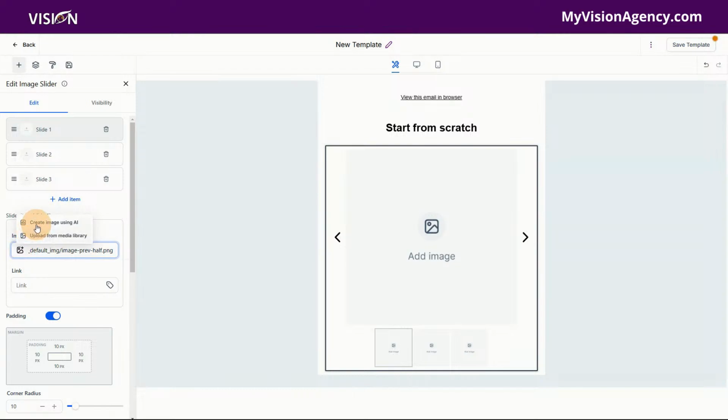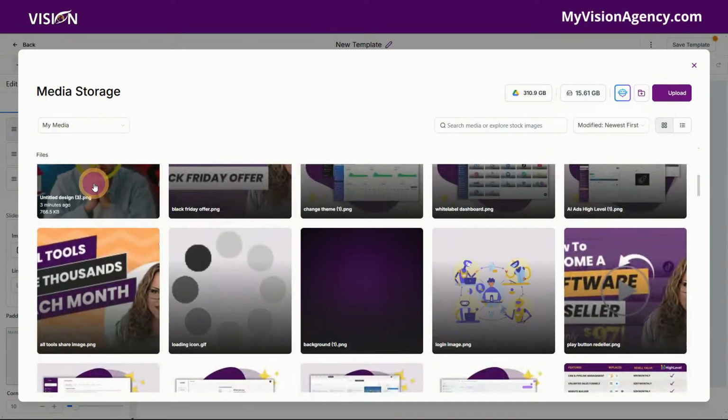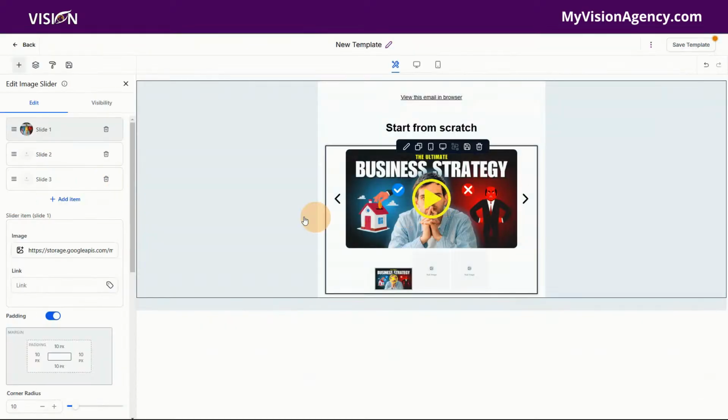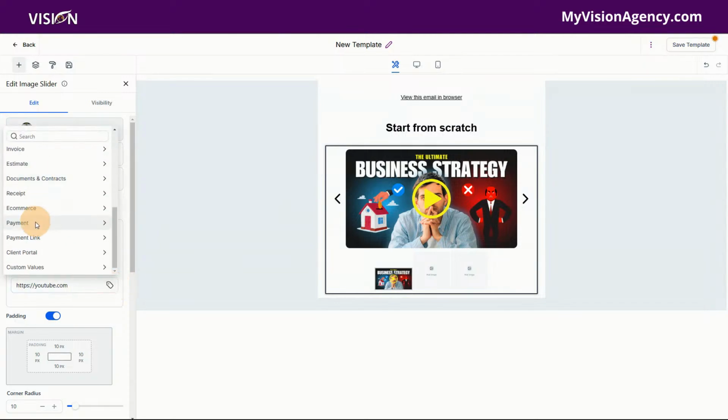Okay, so we would add an image. You can actually use the AI to create an image, or we can just add this image here. Okay, so now we have that. And of course, we'd want to add our link. Since this is an email, we could even add a trigger link here. If I just wanted to add the link, I'd type it in, but we could also go to the